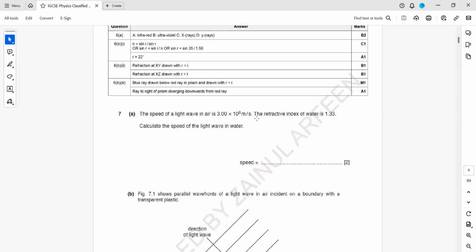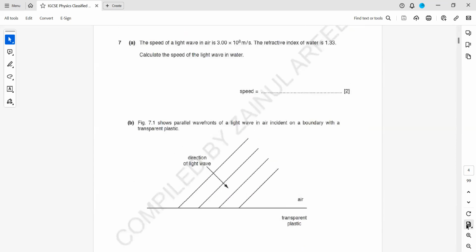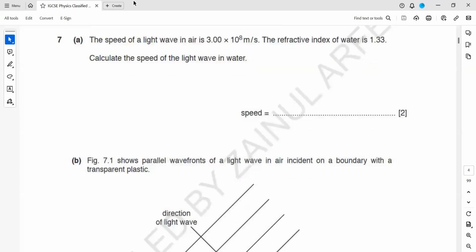So this was page 3. Next is page 4. The speed of a light